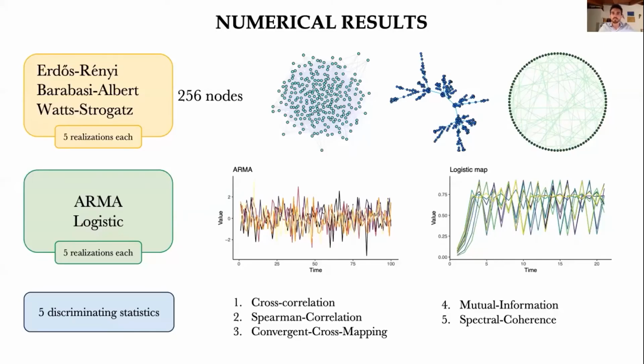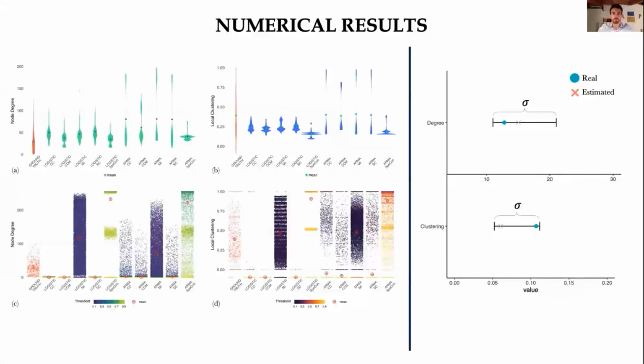We tested this framework using a large set of synthetic networks of 3 different types with 5 realizations each. And on those networks, we ran a linear and a nonlinear process, an logistic process, with 5 different parameterizations each. Then we computed the p-value using the null model for 5 different well-known connectivity measures, and so the probabilities. I cannot go into details here because of time constraints, but you find all the comprehensive explanation in the paper.